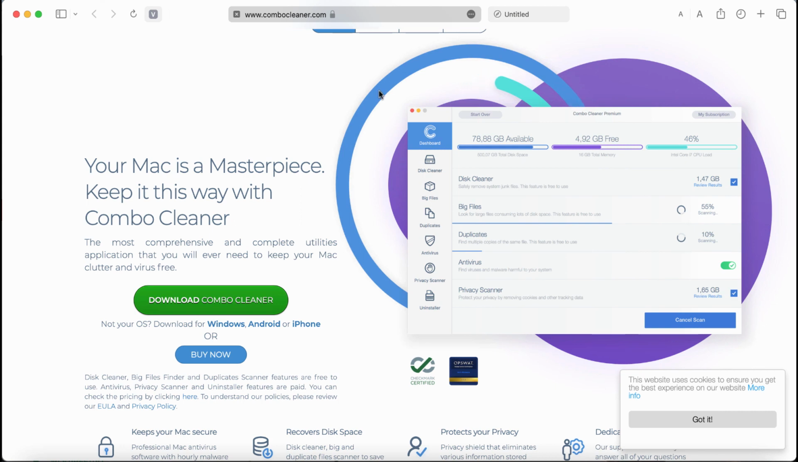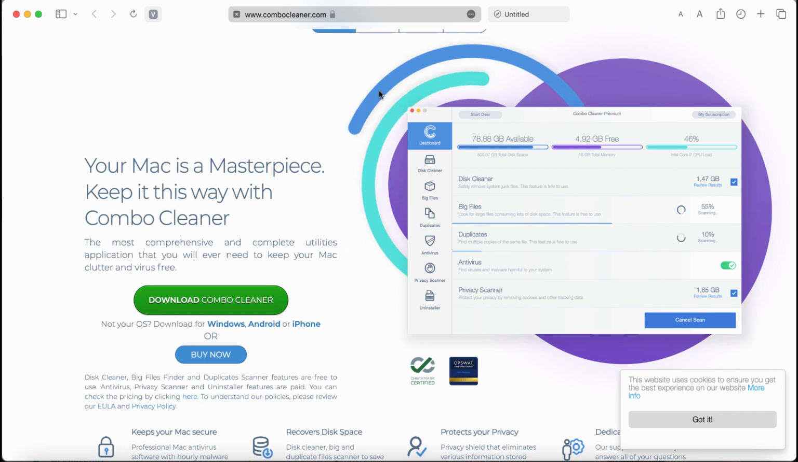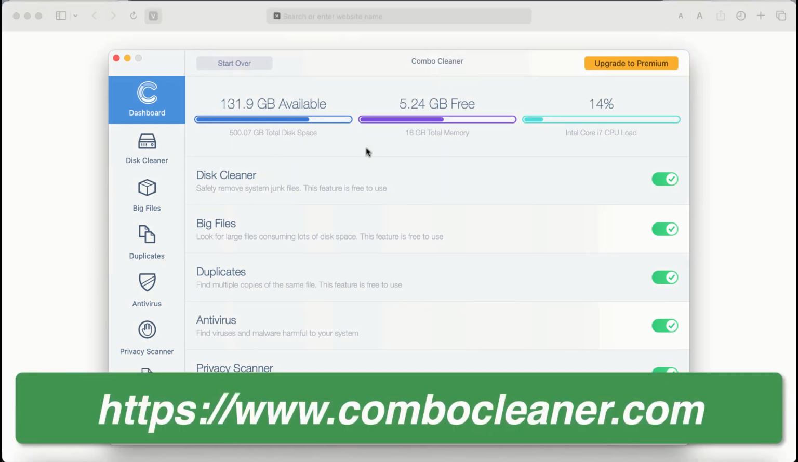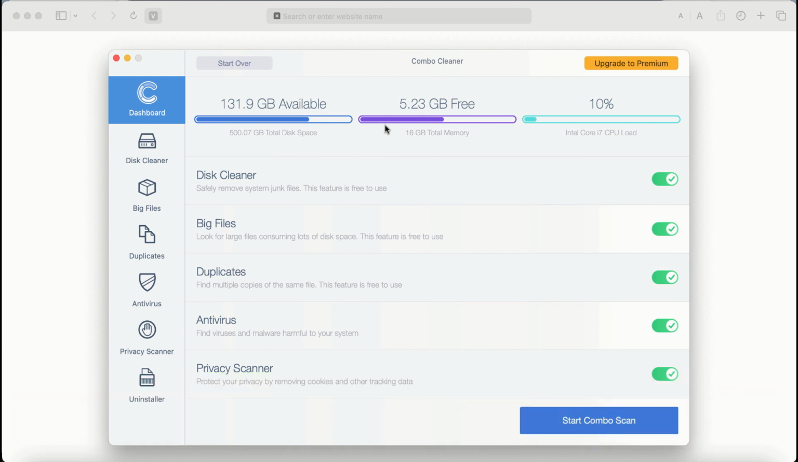I also recommend you to research the computer with Combo Cleaner antivirus. Go to the website combocleaner.com, use the green download button, install it, and then start researching the computer with its help. After you start Combo Cleaner antivirus for the first time, the application will be initially in the trial mode,